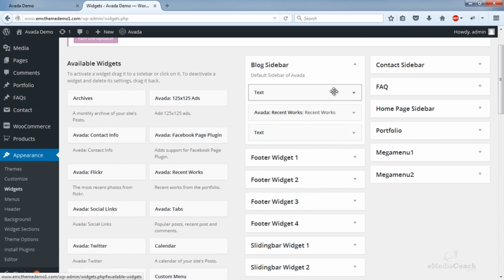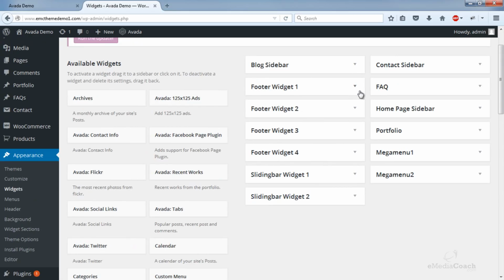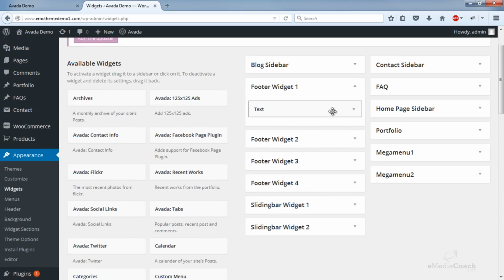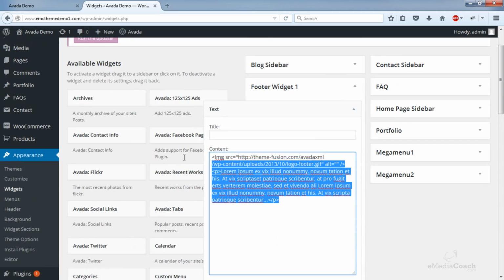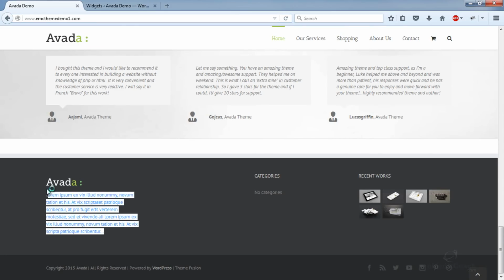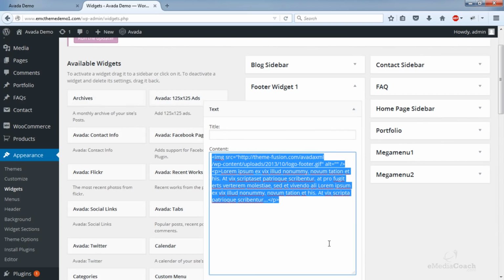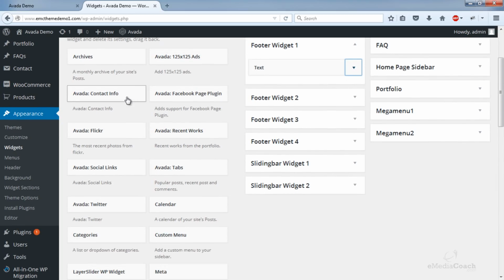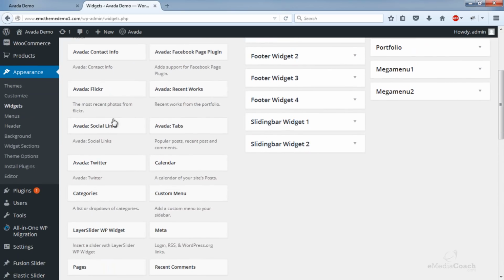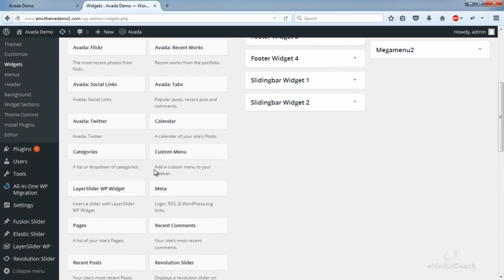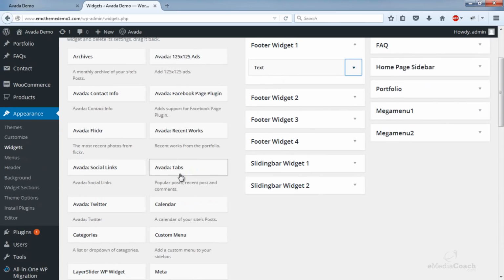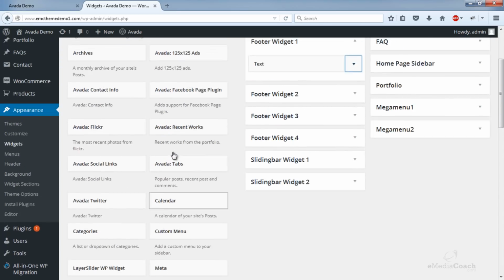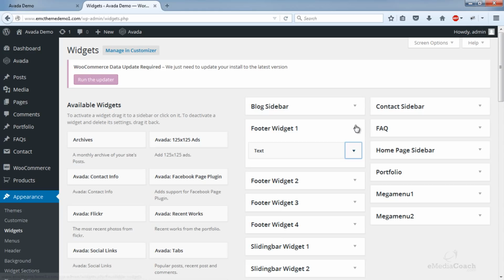So now, similar to how the sidebar works, where we added different elements to the sidebar area, you can add different elements to the footer widget area. So if you open this up, you'll see that there will be a piece of text by default. Now this correlates to this stuff over here. So all you need to do is edit anything you want in that box, or you can actually drag new stuff over. For example, contact info, social links, and all this other stuff, calendars. You can also create a custom menu. Here it is.